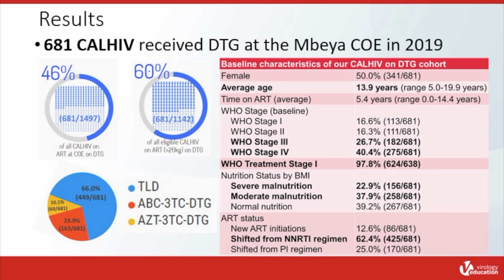The pie figure below shows the distribution of regimens used. You can see the majority of patients receive the TLD fixed dose combination. The table on the right shows the baseline characteristics of our cohort. There was a nice split of male-female. The average age was right around 14 years of age, ranging from 5 up to 19. The time on ART was an average of 5 years, again ranging from new initiations up to 14 years of ARV